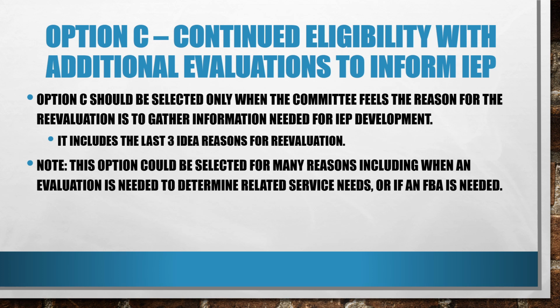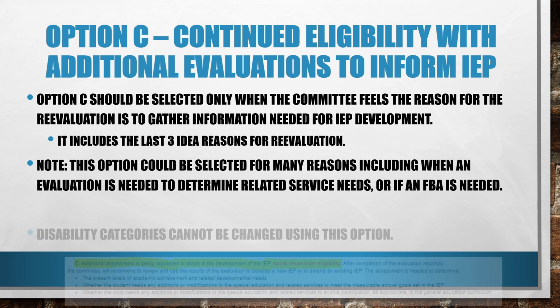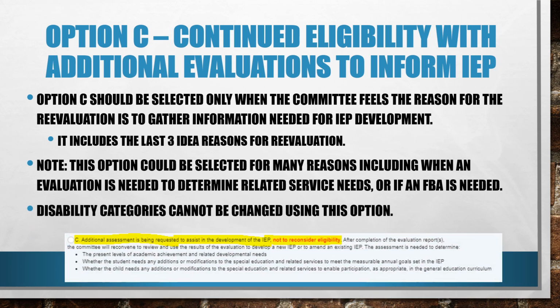However, the IEP team should remember the basic rules with Option C. Option C is a continued eligibility, meaning the disability and eligibility areas are supported and will not change. However, the team needs a consent to evaluate signed and a new assessment with evaluation report from a team member, like mentioned, to inform the IEP team and better provide resources and supports to the student.